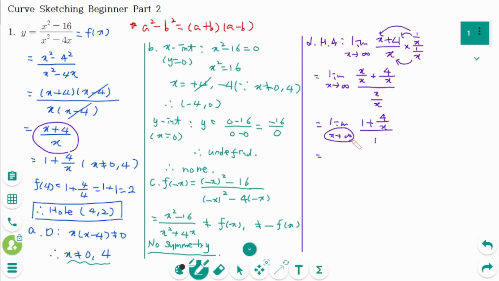Then plug in x is infinity, then 1 plus 4 over infinity over 1 equals 1 plus 0 over 1